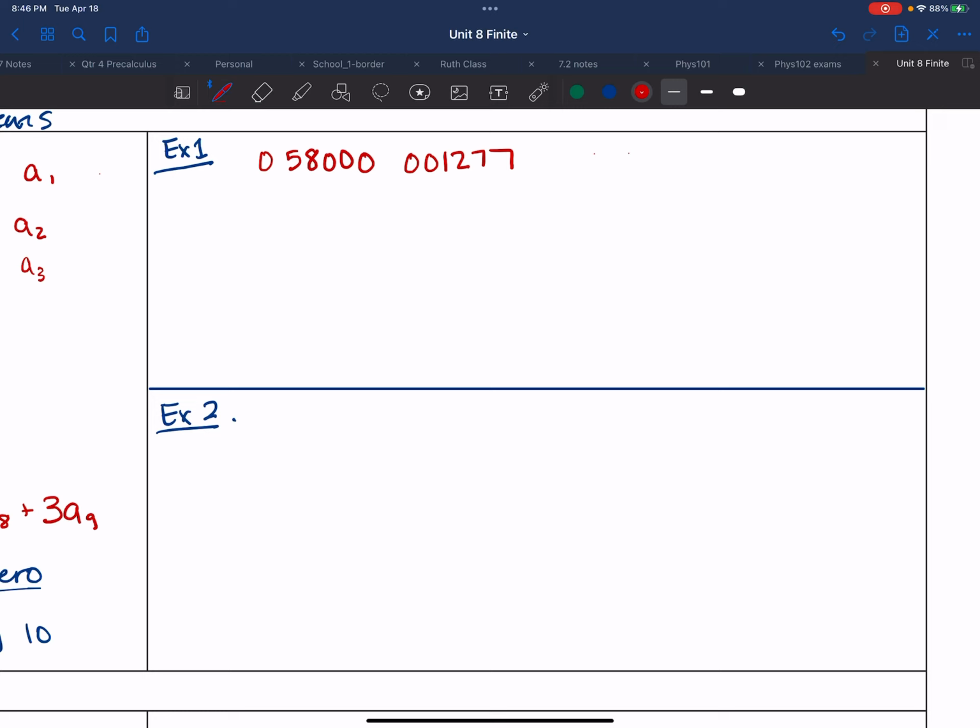And so with that, what I'm going to do is go ahead and follow the pattern that we just talked about. So that would be 3 times 0 plus 5 plus 3 times 8 plus 0 plus 3 times 0 plus